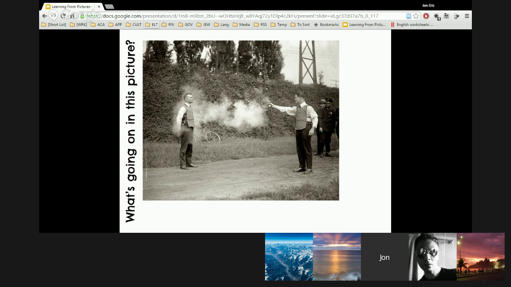So, Giancarlo, what do you think the event is that this picture documents? Look at the time period. People didn't take pictures back then very often, right? It's not like today. What do you think they were trying to document? Maybe they are trying to show or demonstrate that the bulletproof vest works. They're trying to demonstrate that bulletproof vests work.